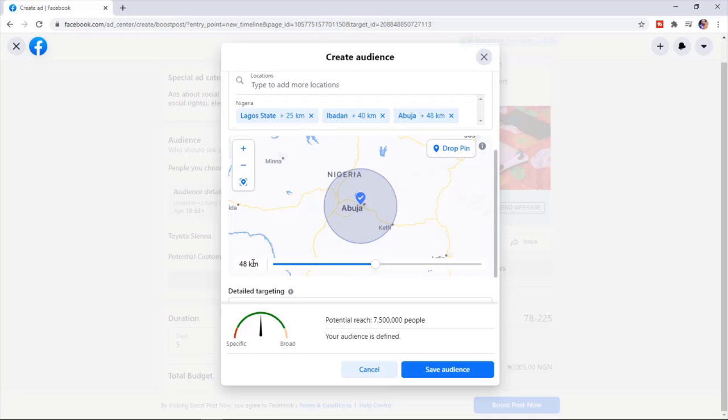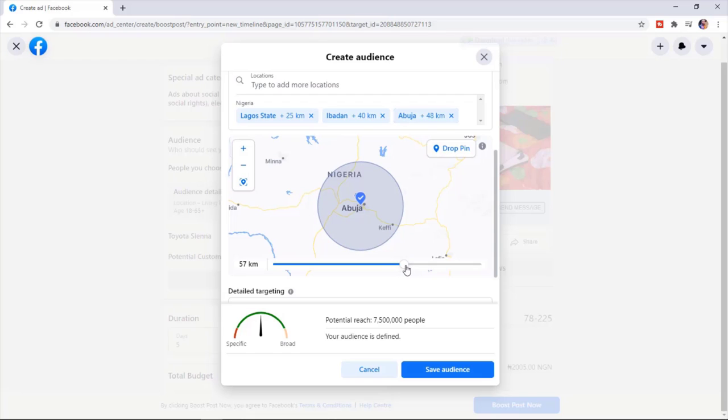So I live in Lagos, and I would say the closest place to Lagos is actually Ogun State, right? So if I was specifically advertising for Lagos and then I increase this a little bit, you can see the diameter increase a little bit. So I can cover Ogun State,